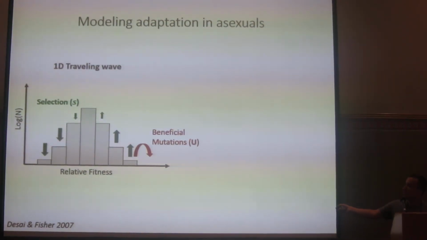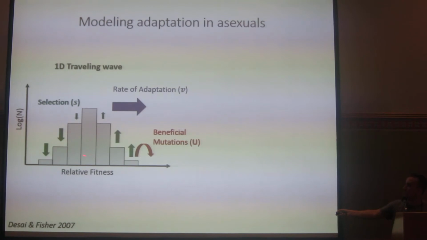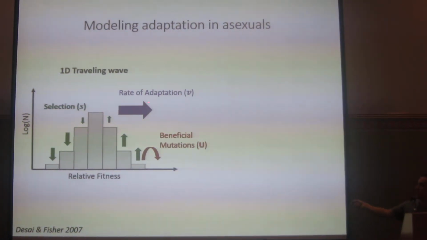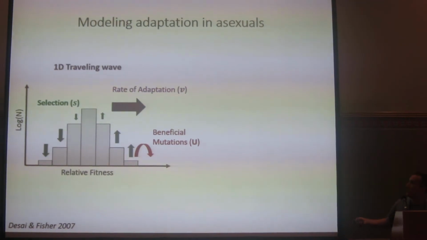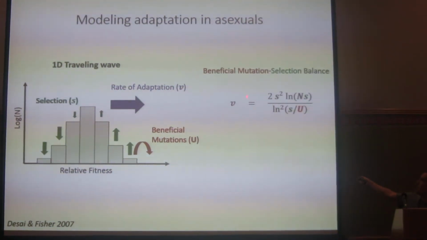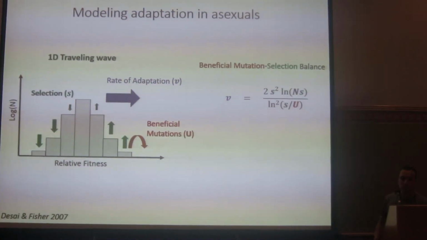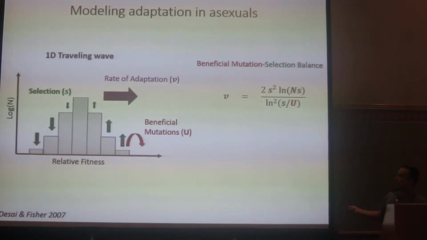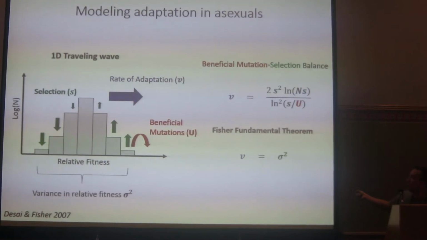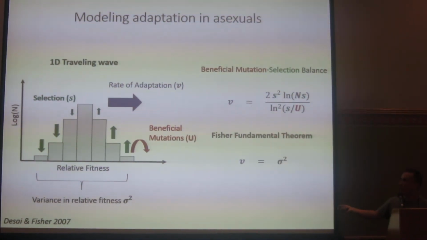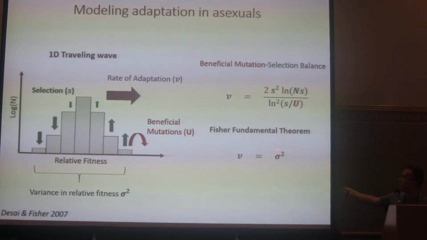Ultimately, the action of these 2 processes results in this distribution shifting over time towards the right. The rate at which it shifts is exactly the rate of adaptation, and that can be solved for in terms of the population parameters, or it has been solved for. The interesting thing is that, because in this particular model we can apply Fisher's fundamental theorem, we know that the rate of adaptation is exactly the variance